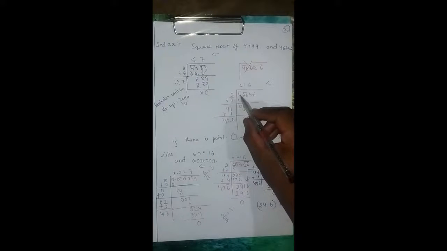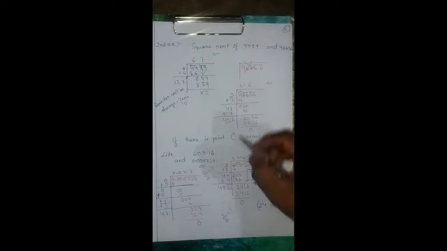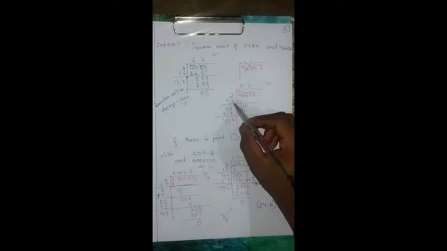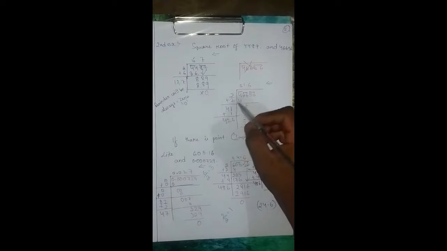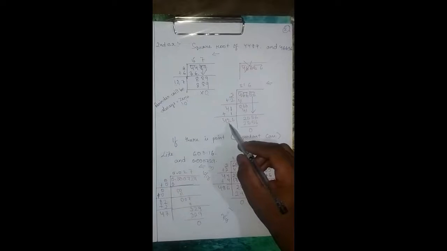And here you see 46656. You should not be confused that if it is even then it will come in equal pairs, and if it is odd then we cannot find. Then also you will make pairs from the right side to the left side, first pair, second pair and third pair. 2 2 is 4, then 0. Then 2 plus 2, 4. How much will we add and multiply? 41 into 1, 41, minus 25. Then this one will come here. Then 426 into 6, 2556.